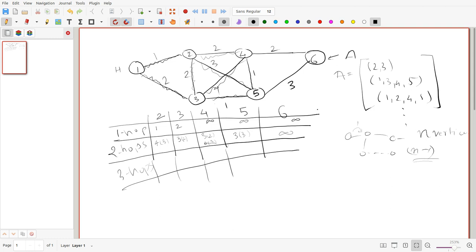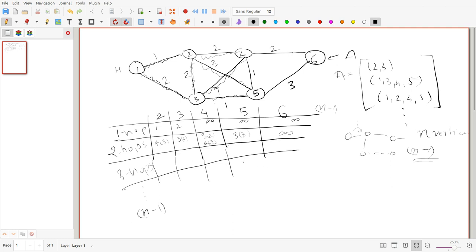So this might be n columns here, and rather n minus 1 columns here, removing the source column. It tells us the minimum amount of time it takes to get to each of these nodes. And then I can tabulate the same thing n minus 1 times. And I will get all possible path information. In fact,